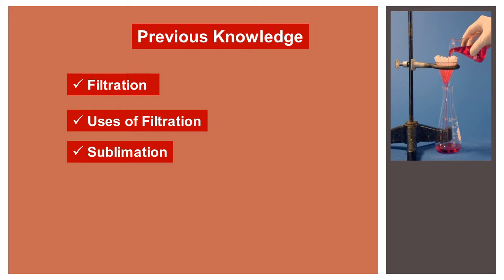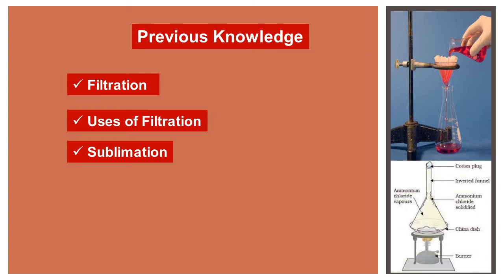What happened in sublimation? You remember, we heat up the solid substance in a china dish, and then we get the vapors of the solid substance directly converted into vapor state or gaseous state without converting into liquid state. So it was a specific method to separate the components from the mixture. We have watched an activity performing the sublimation process. Last time we watched a video for that.